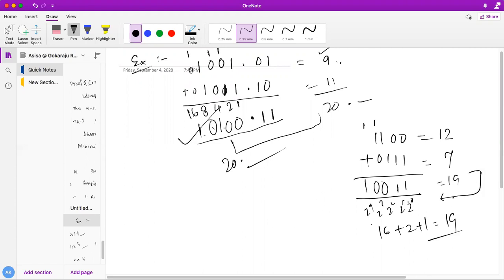Do you all understand how we can cross verify our additions? You can cross verify like this. You can convert the decimal numbers, add them up and get the answer. Whatever you have after addition, you can expect the same decimal number from there. So did you all understand binary addition?